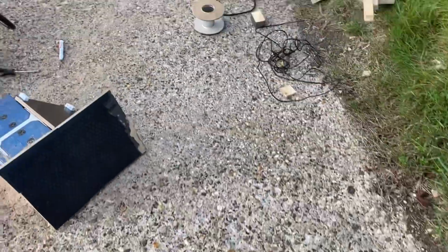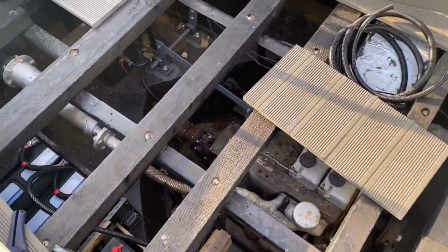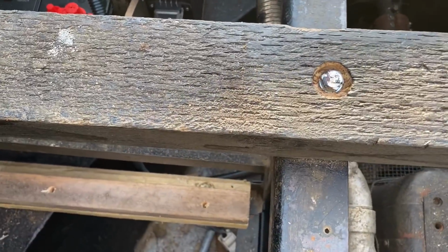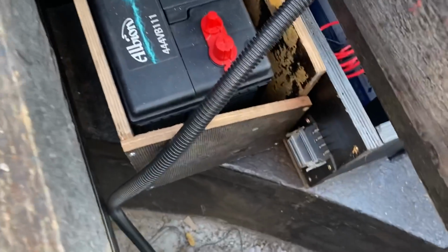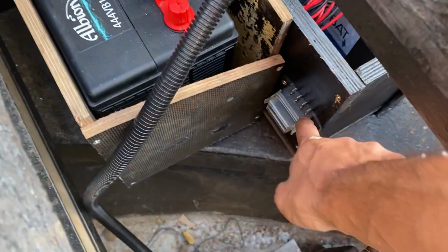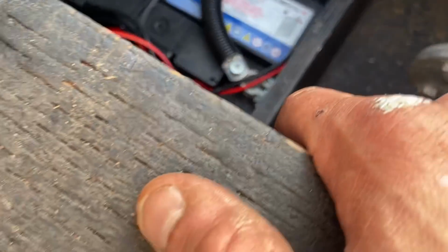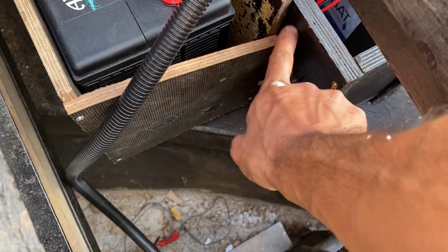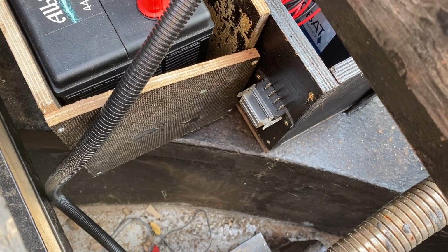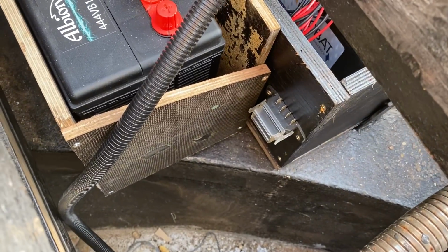Right, the battery install's going all right. Let's show where we're up to. So, starter battery box is in. Haven't done anything with that yet. Obviously all those have been connected up now. And then what I've got to do is just cut out a notch down here now, probably with a hole saw rather than a jigsaw, just so we can feed the cables in underneath the lid of the